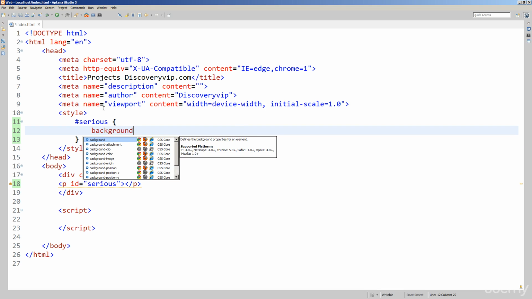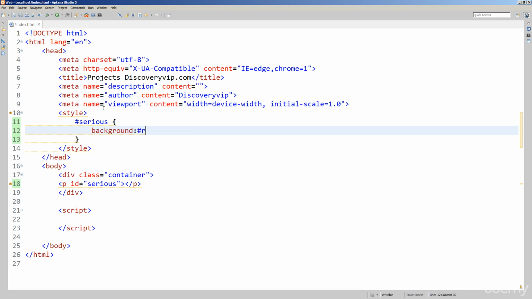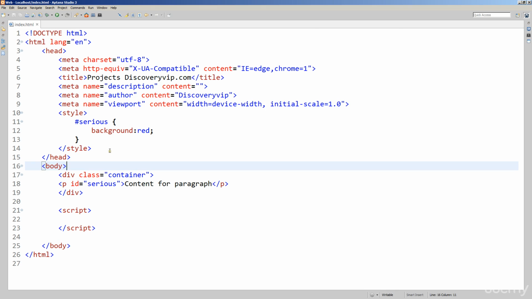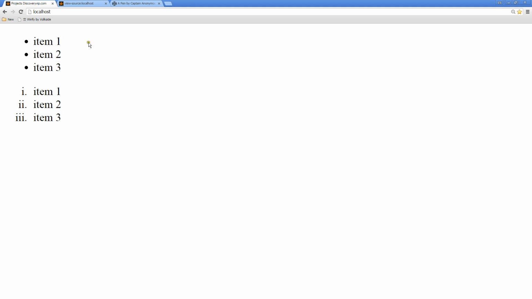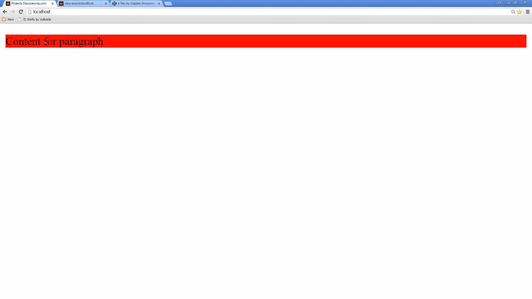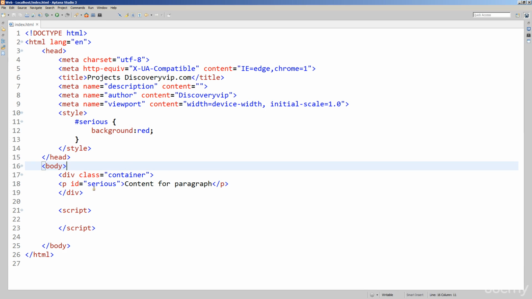And maybe we'll just put a background color there of red. So this gives us the ability to select out particular elements within the HTML code. Then we're just going to put some content in here. Also, when we're connecting to various elements using JavaScript, we're going to be using the IDs as well. So I go back out here and I refresh it. We see that this particular element now has a red background because we've been able to identify it by using